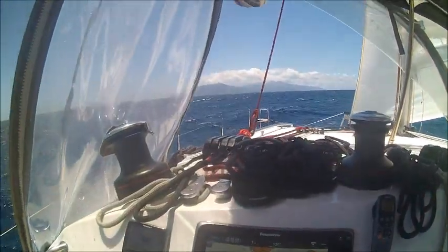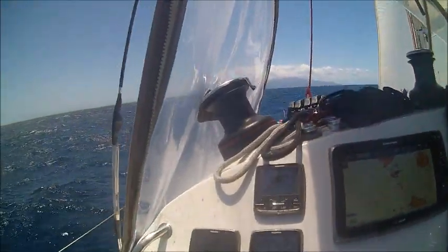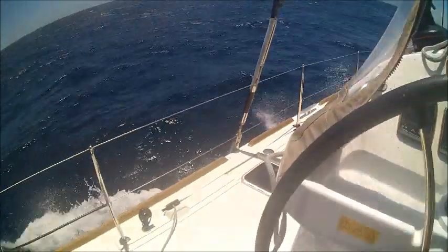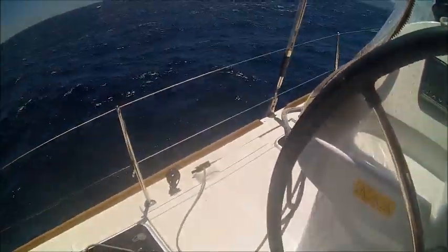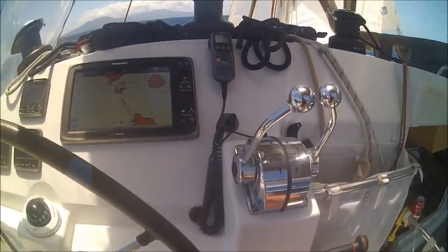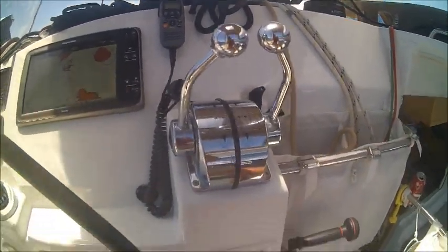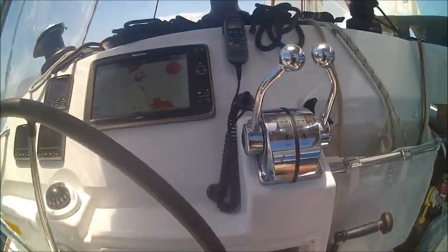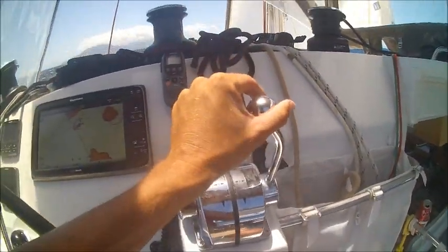We also have our jib furler. So the furling jib runs back and down onto the side of the rail there and up to our electric winch. So below there we have the engine controls, revs, starting and stopping the engine, forward, reverse, neutral here,